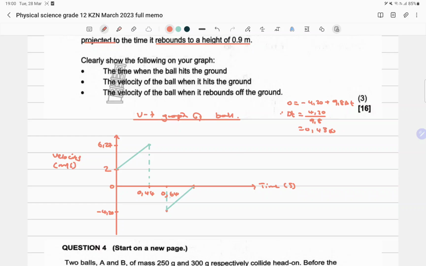And then you're going to add it to 0.64. We're going to say 0.43 plus 0.64, and then it gives us 1.07. That's if you want to calculate it, but I've just shown you the procedure